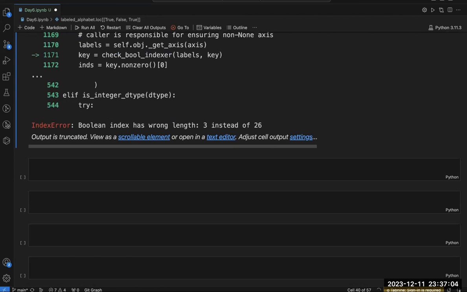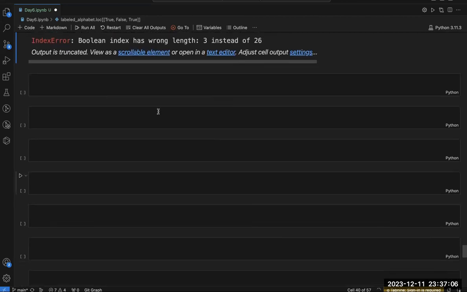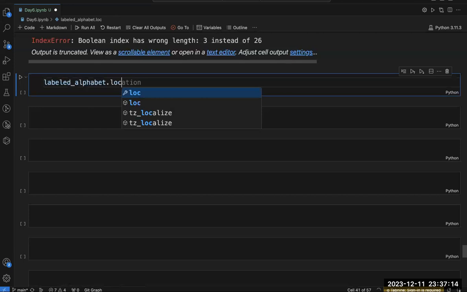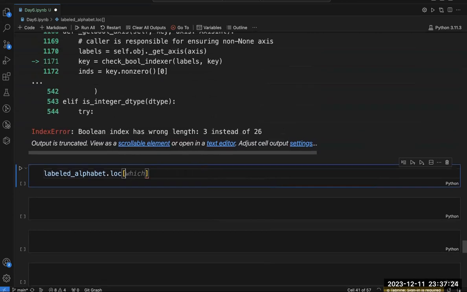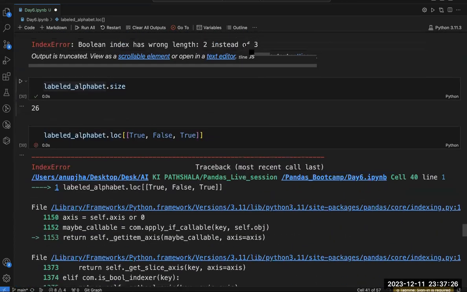Now, let's understand this .loc more. So let's write level_alphabet.loc, and this time let's write a list comprehension. How will we do this so that I do not get an error?